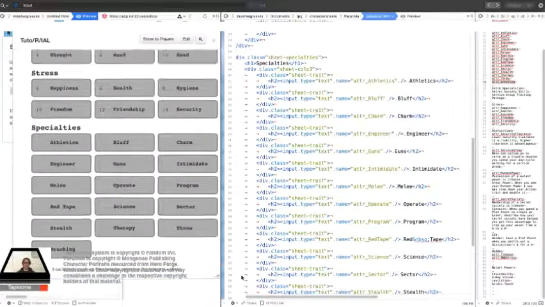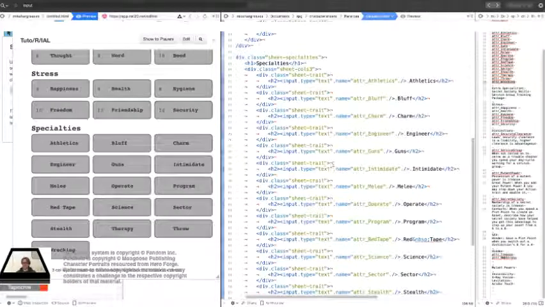Okay, what did I do wrong? I must have miscounted. Or let's check these through. Athletics, bluff, charm, engineer,